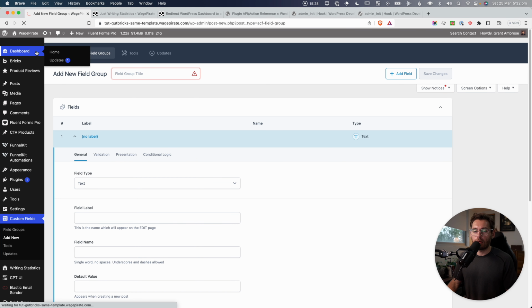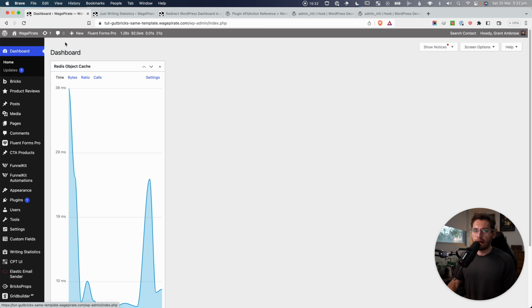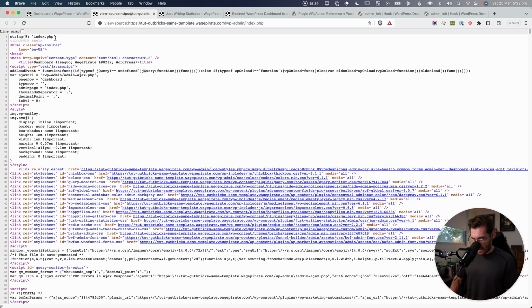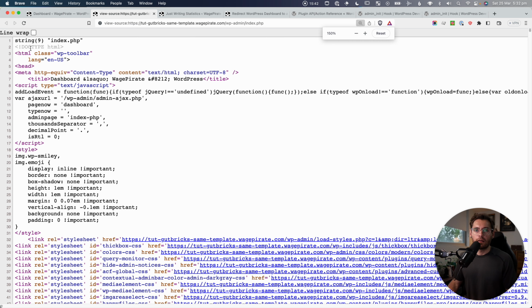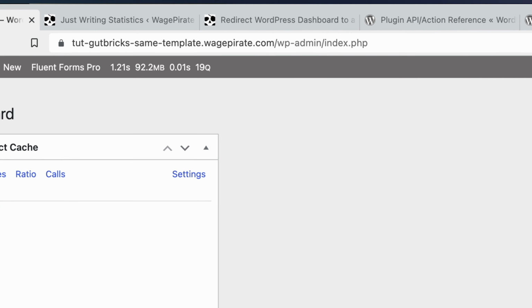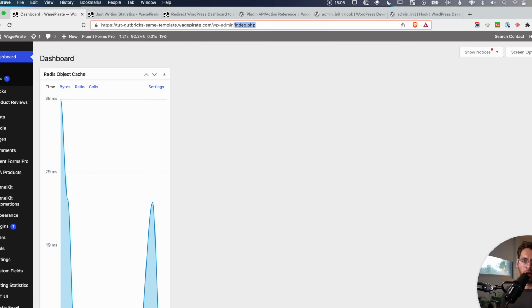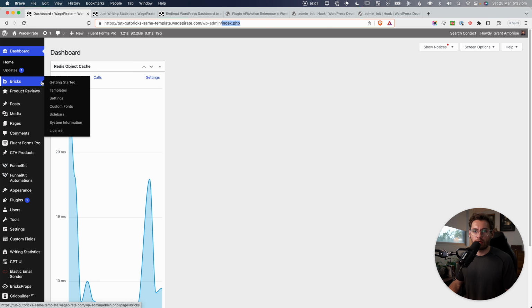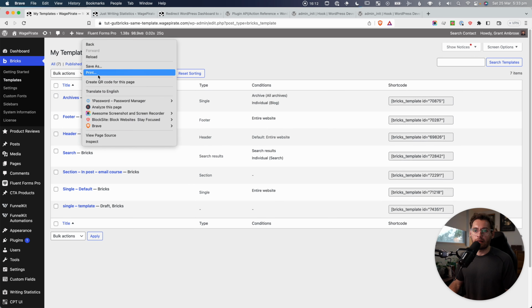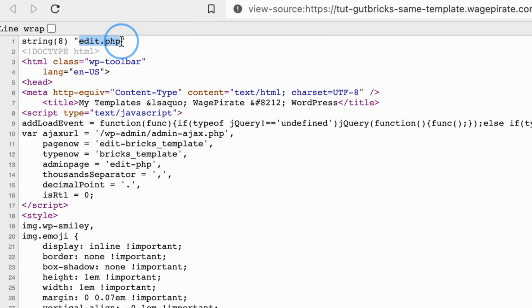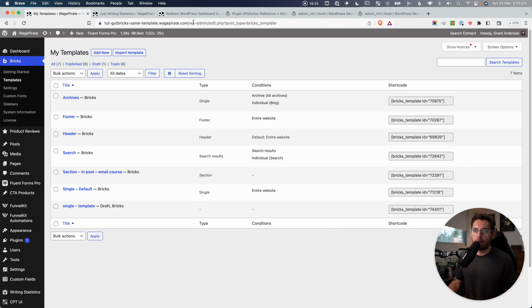And let's go back here and go to our dashboard. And you see nothing's really happened here, but if we view the source code, we can see here's that var_dump there. And I might zoom in a little bit here. So it's a string, and the global pagenow variable, its value is index.php, which if we come back here under dashboard and home, index.php is this. So if we go to another page, let's see how that changes. Let's go to Bricks and then templates, and then let's view source. We can see that the global pagenow variable, its value is edit.php. So if we come back and have a look here,